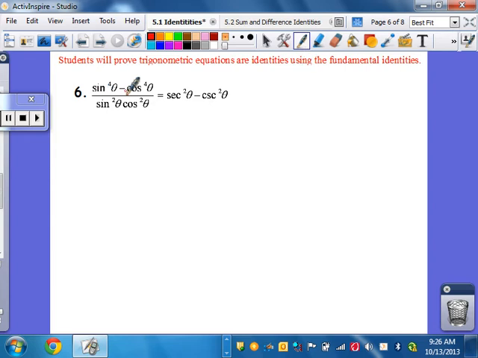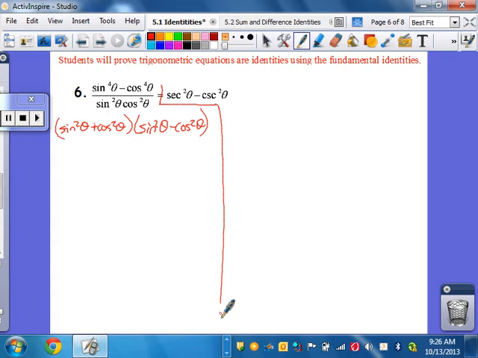Okay, so I know that that top, just like last time, but since sine's first, is going to end up being sine squared theta plus cosine squared theta, and then sine squared theta minus cosine squared theta. All right, so then this is where my line is going to go, just to give myself more room. And this is going to be all over the sine squared theta times cosine squared theta. All right, just like last time, and every time you deal with it, that part's equal to 1. Okay? So then I just like to rewrite whatever's left up here, and I have sine squared theta